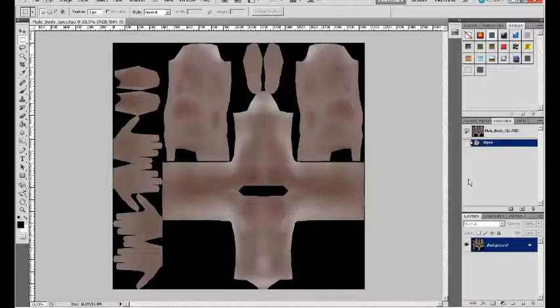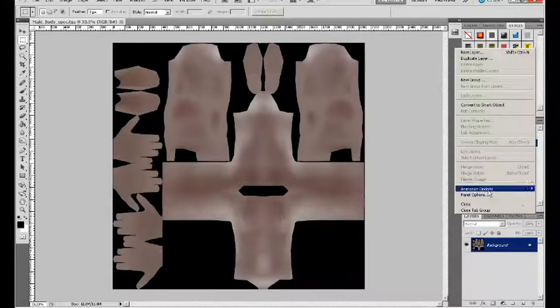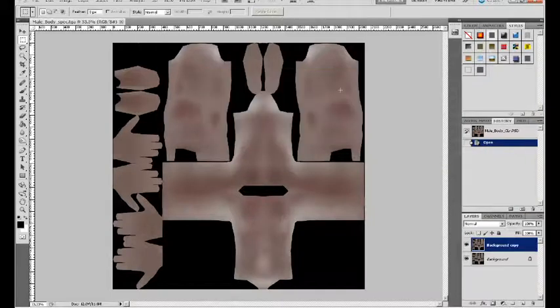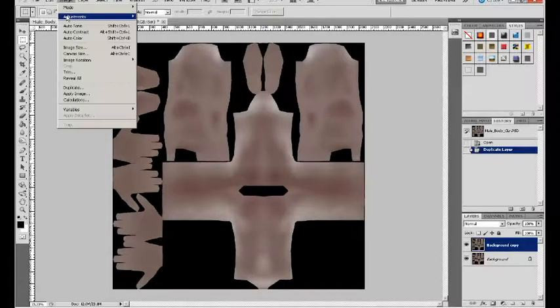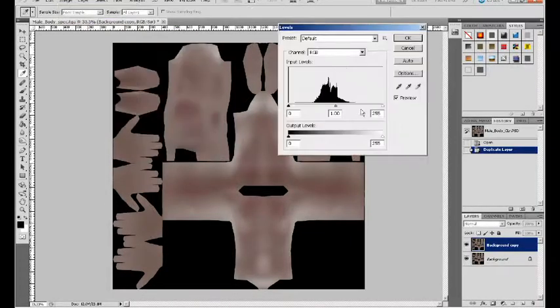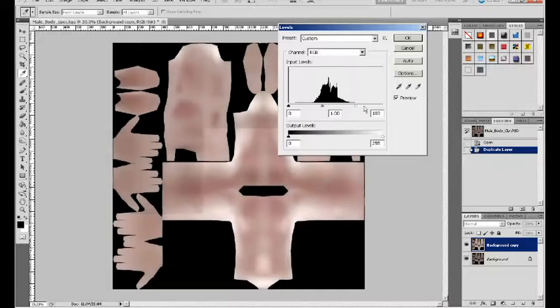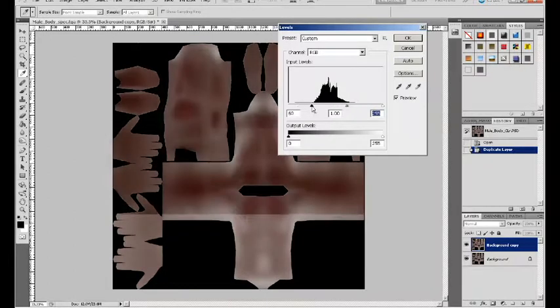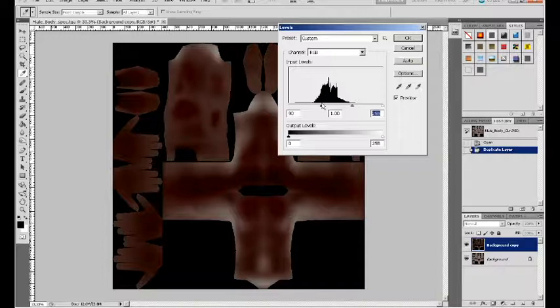So the first thing that we want to do is take the color back considerably. It has to be almost black in order not to pick up the specularities. So the first thing that we'll do is we'll come up here to Image, Adjustments, Levels. We'll just take this color back quite a bit,